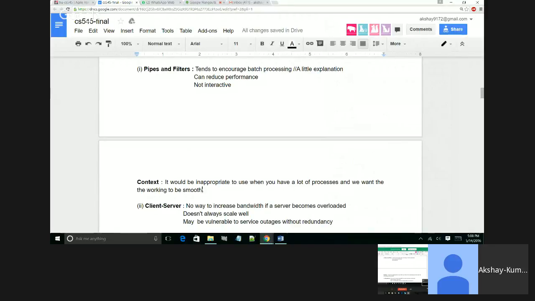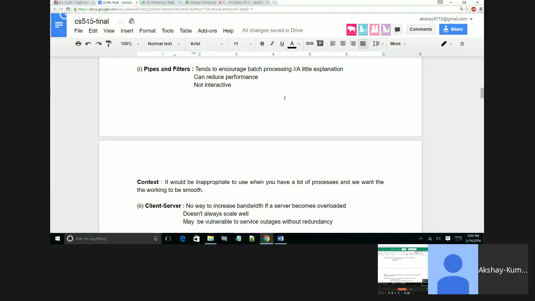Yeah, that point explanation could tend to encourage batch processing. But I don't remember how it's like... Another team might be reviewing our answer, so they don't know what batch processing is. We know what batch processing is, but they don't. What I'm saying is, the second point is written like "can reduce performance." Context could be associated with every single point.